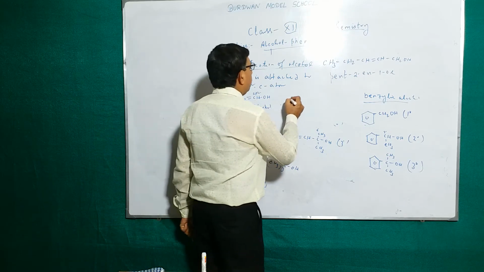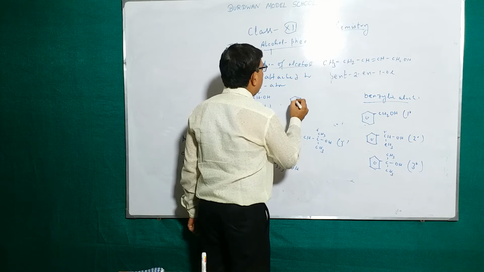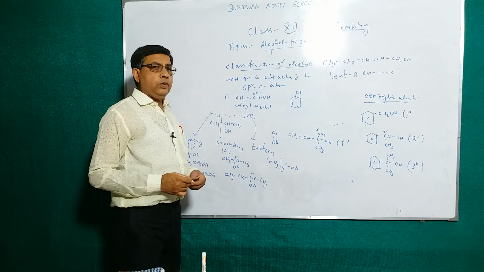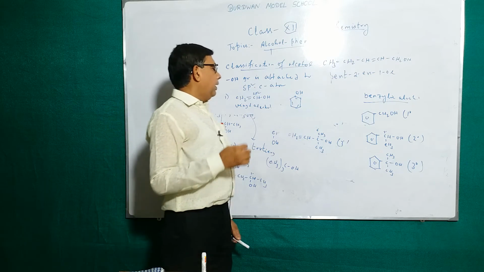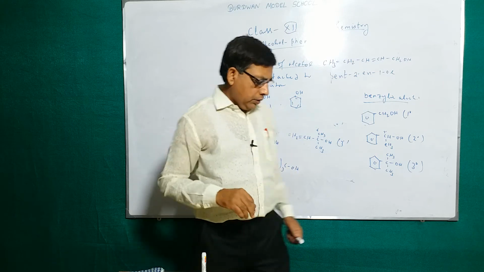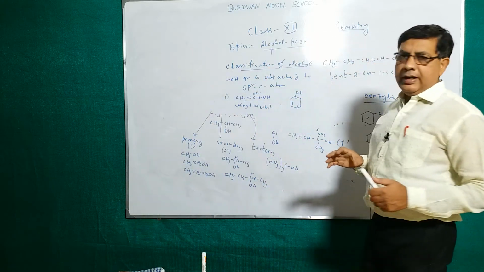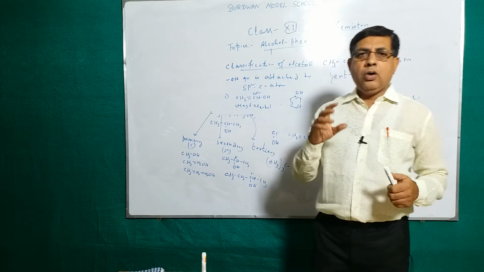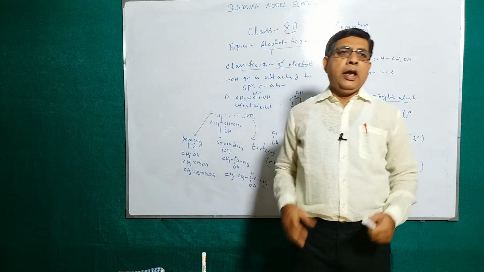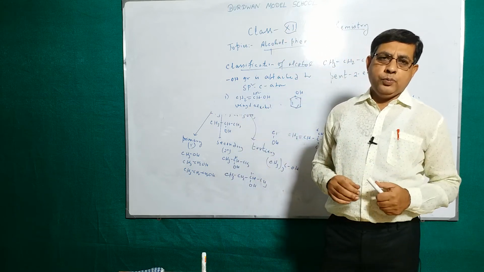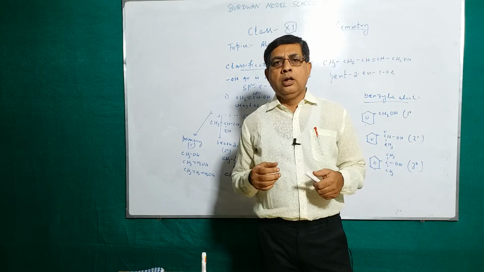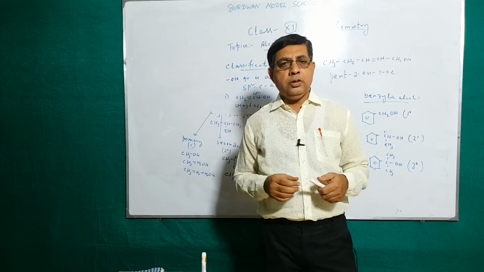Or if you consider the benzene ring, here all carbon atoms are sp2. So in phenol, the OH group is attached to an sp2 carbon atom. So this is another type of alcohol. These are the main classifications: monohydric, where only one OH group is present; dihydric, where two OH groups are present; and polyhydric, where three or more OH groups are present, say glycerol or sorbitol, where six OH groups are present.